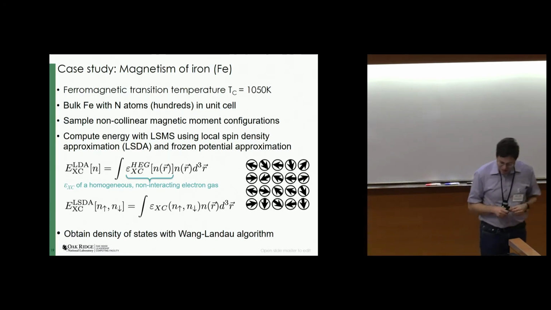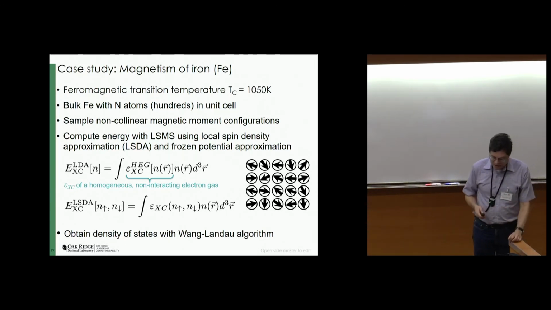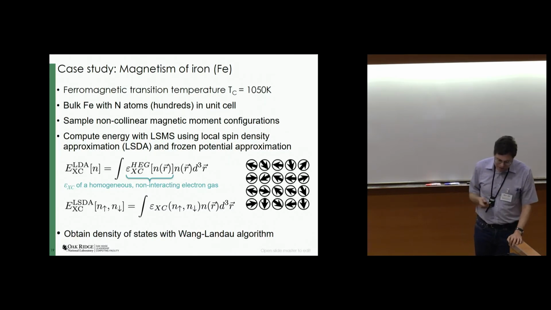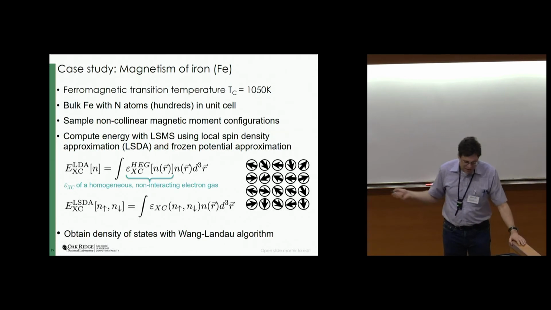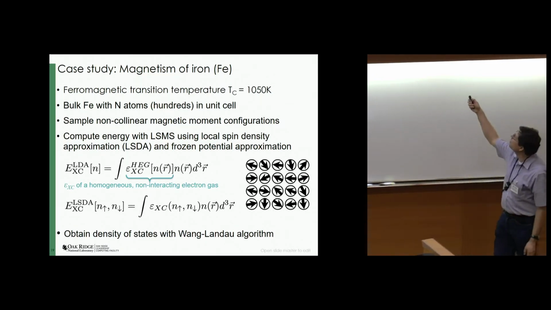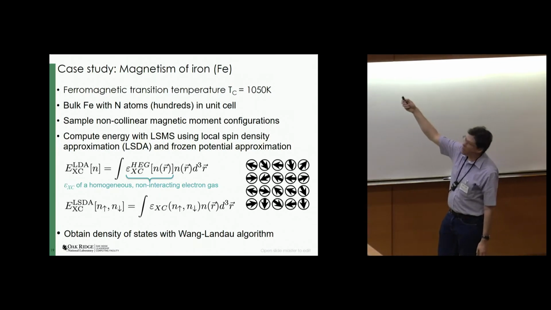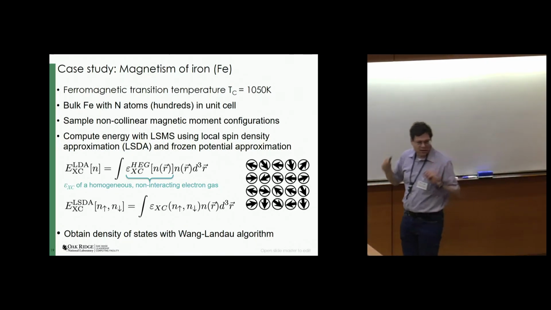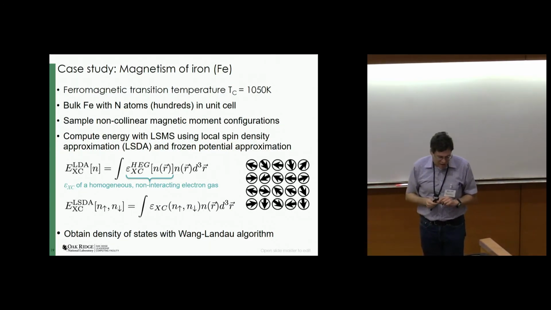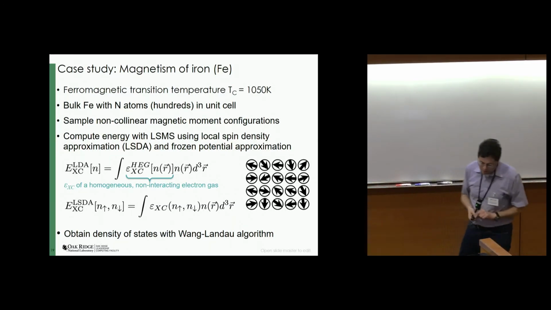So here we basically introduce our phase space R, the direction in which the magnetic moments on each atomic site point, and then we solve